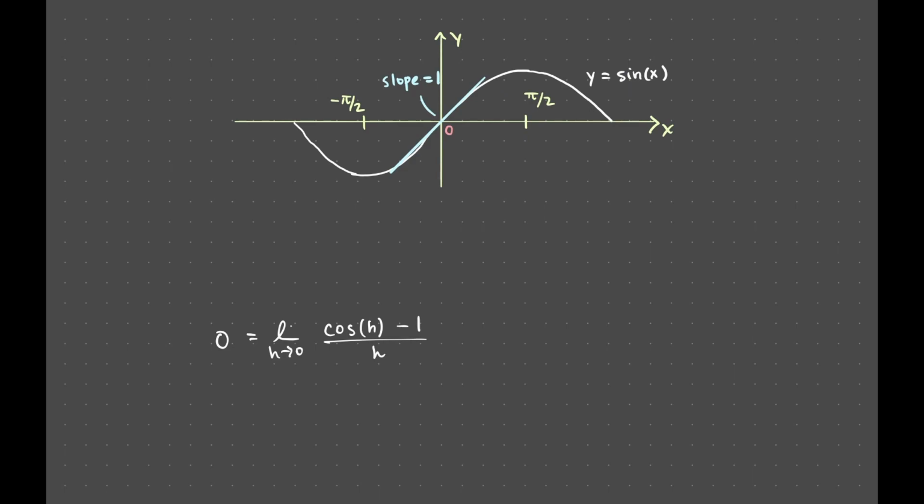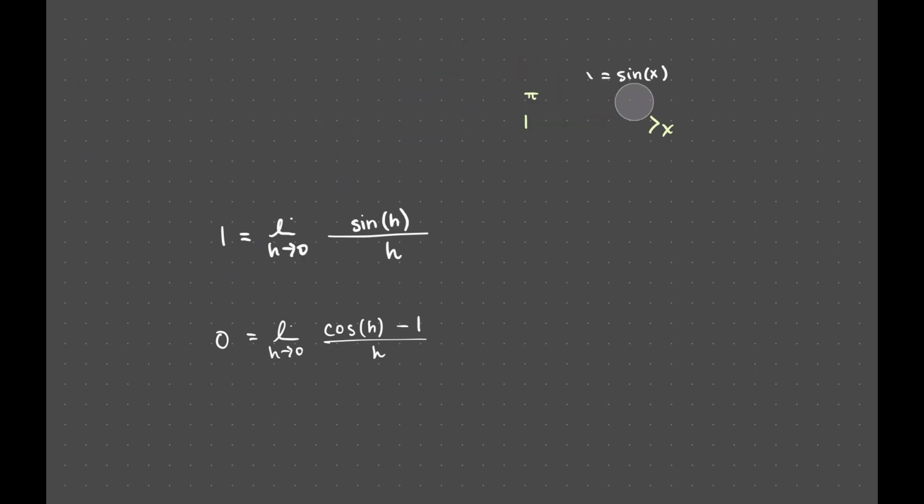Instead, let's just look at what this means for the slope to be equal to 1. Well, because the slope is the value of the derivative at x equals 0, we find that 1 is equal to the limit of sine of 0 plus h minus sine of 0 all over h. Sine of 0 is just 0, so we obtain the limit of sine of h over h. In total then, we can conclude that the limit of sine of h over h as h goes to 0